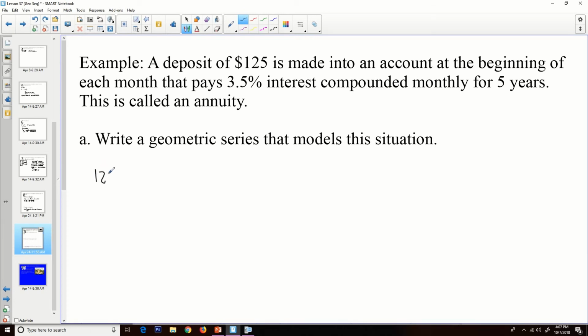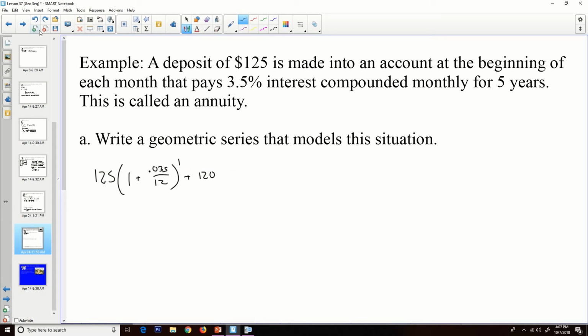It would be $125 times 1 plus 0.035 over 12. Oops, I almost made a mistake there. Remember, 3.5% would be 0.035 over 12, and at the end of the month, it would just be 1 month. And then the next month after that, this first $125 that you put into the account actually moves